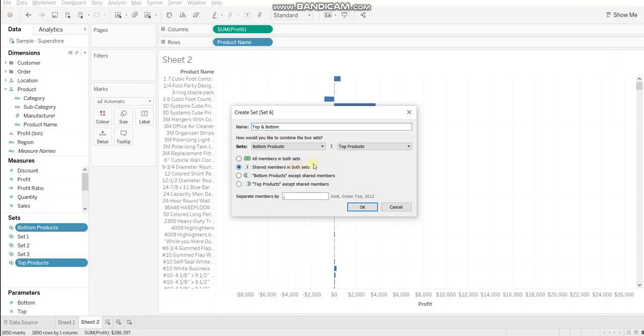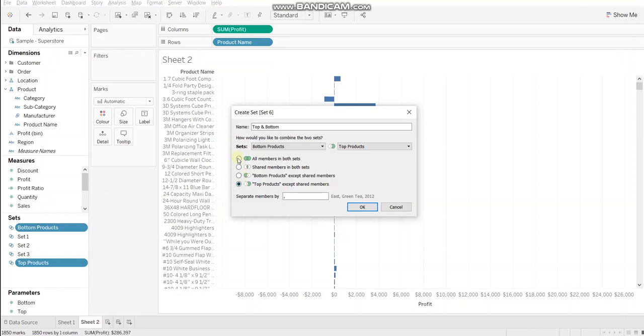The second option will share only the overlapping values. The third option will display only those members of one set which are not overlapping with the other, so only bottom products except shared members. And the fourth option is top products except shared members.